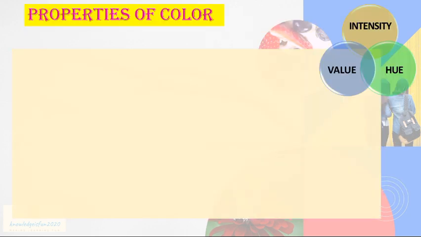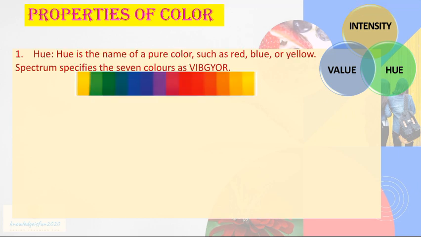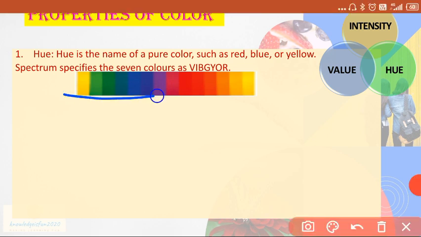Now the properties of color. I already told you there are 3: hue, value, and intensity. But what is hue, value, and intensity? Hue is the name of the pure color. The simple hue, what is hue? Red, blue, green, yellow, purple, violet. This is all name of the colors. So this is hue. Here you have all the possible hues of a spectrum. You start from yellow and you end at red here in this one.